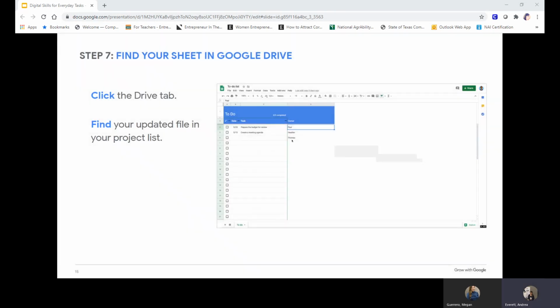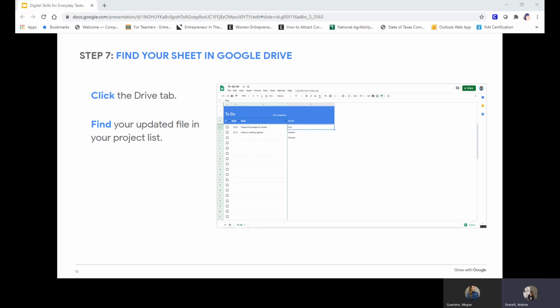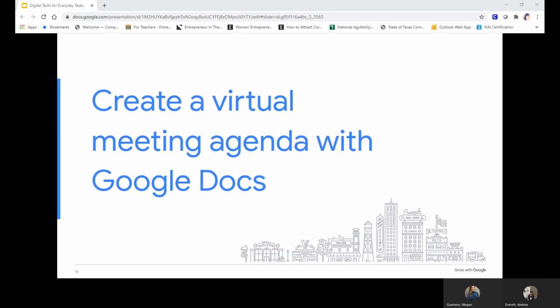Your sheet is automatically saved on Google Drive, which should still be open in Chrome. Navigate to that browser tab icon to access the application. And here it is. Now remember the list of owners you created in your to-do list. Imagine that you're going to ask all of these people to attend a virtual meeting and help you plan this event. One way to have a useful and productive meeting is to keep notes as you're discussing. Using Google Docs, you can create or share meeting notes and even collaborate in the same document from anywhere at the same time.